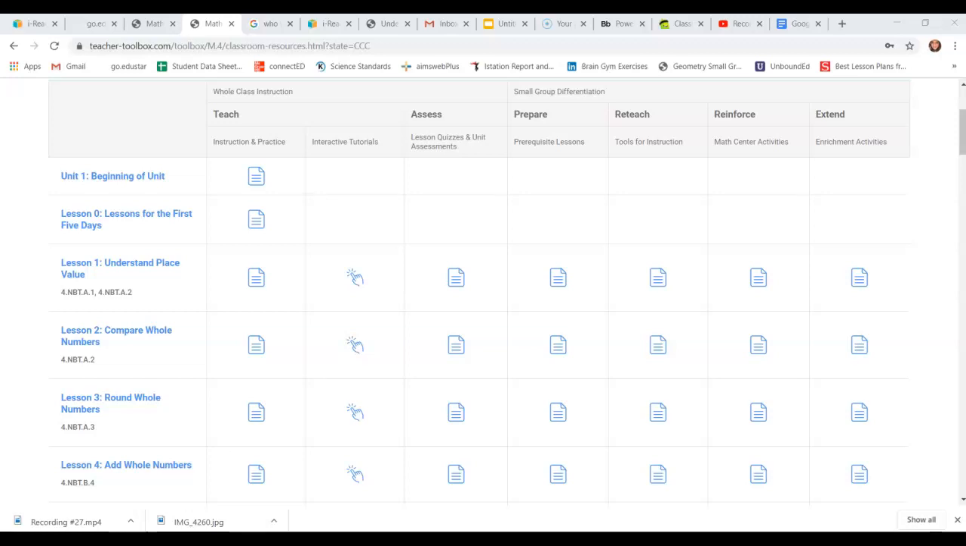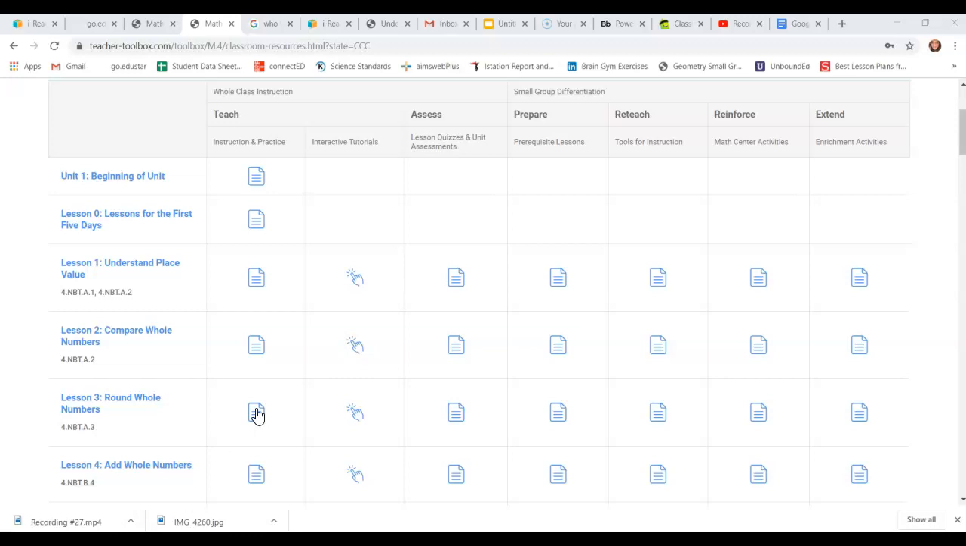Just to give you an idea of what the students are seeing on a daily basis, I'm going to pull up the lesson that we're working on right now in fourth grade, which is rounding whole numbers. This is on the teacher toolbox that every teacher has access to, and they actually have access to all the